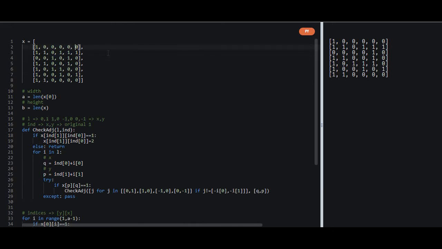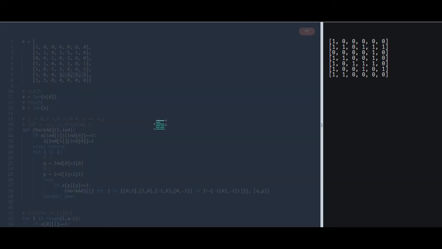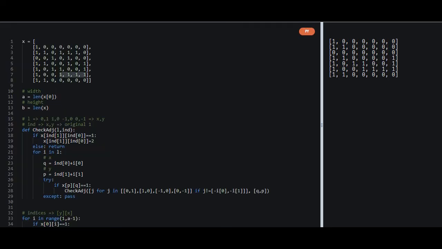Now let us add another row, and now let us make this whole thing an island. And let us not make this an island. Yeah, so this T kind of a shape is now an island, but this whole thing is not an island anymore, and it should remove the T. We are able to see that, and yeah, it removed that T because it has become an island. And these 3 blocks are now connected to this one, so we are able to see them.